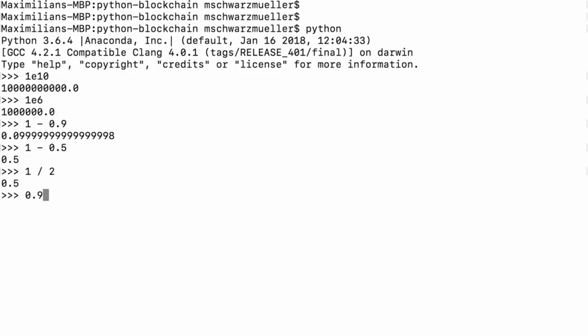Now, 0.9 cannot be written like this because there is no integer by which we can divide 1 which will lead to 0.9. Hence, it will actually chain a couple of divisions, and that would really be too complex here, which leads to the computer getting closer to 0.9. But it never fully reaches it, and therefore 1 minus 0.9 actually leads to this strange output. And therefore, even if you type 1 minus 0.9 minus 0.1, you get a value very close to 0, but not exactly 0. So this is a limitation or a certain missing precision you have to be aware of.